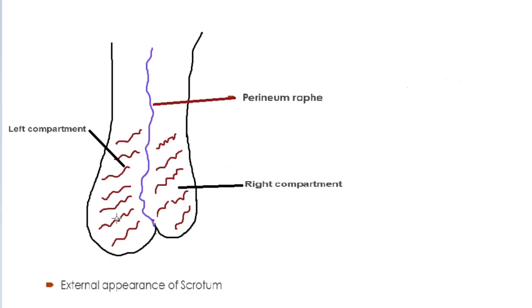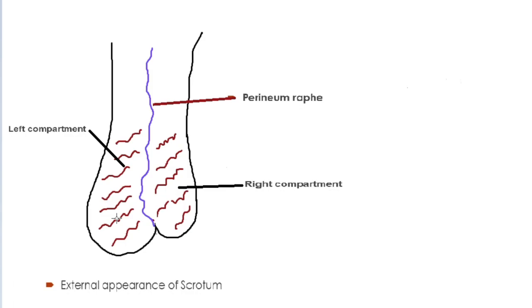And in this figure you can see in the middle there is a purple line, which is labeled as the perineal raphe. Okay, so when we see the scrotum externally, you can see in the medial or middle part of the scrotum, a ridge passes, and that ridge is called the perineal raphe. So that perineal raphe,